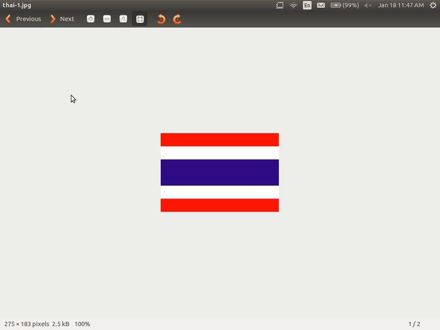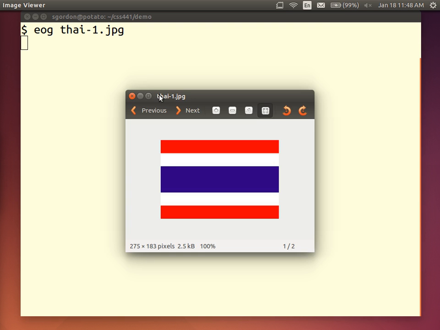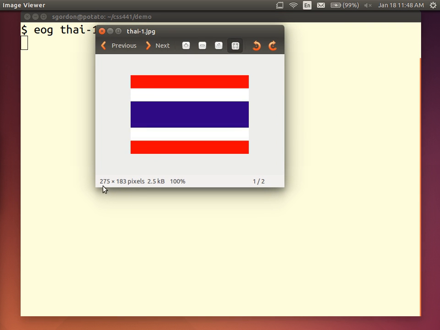What I've done is I used some software. A JPEG image, what is it? A normal, uncompressed image is a sequence of bits where, let's say, every 8 bits represent a colour in a pixel. This image is made up of 275 pixels across and 183 pixels down. Each pixel is a colour.